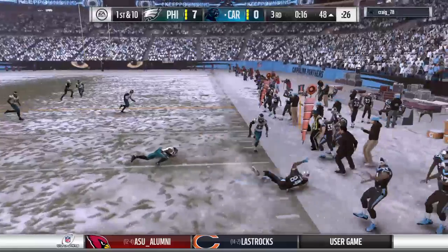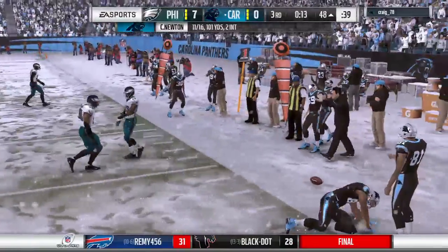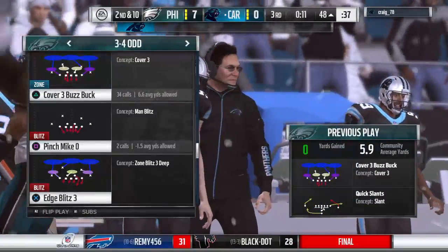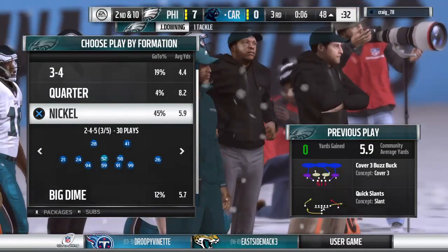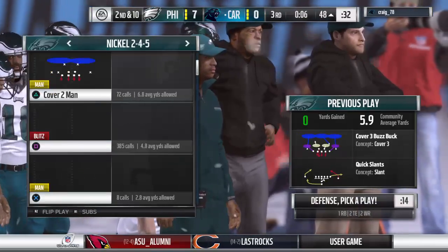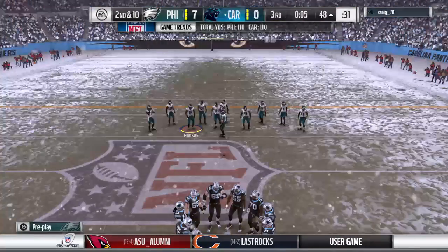It's a short one here, complete to the tight end. No gain there on the completion, 2nd and 10. Now the old pass completion for no gain, not something you want to call up out of the playbook too often. Yeah, most offensive coordinators don't have that on their play sheet, so they've got to go back and scramble